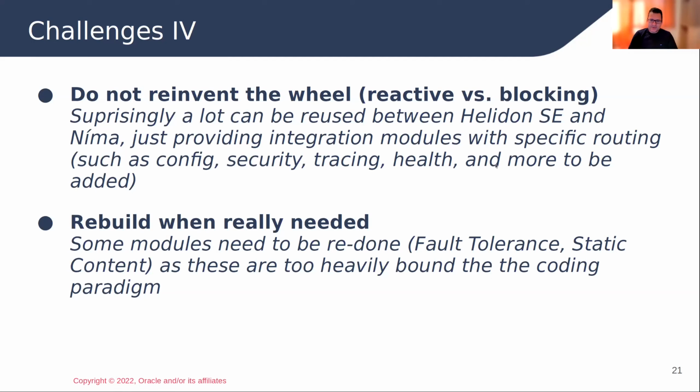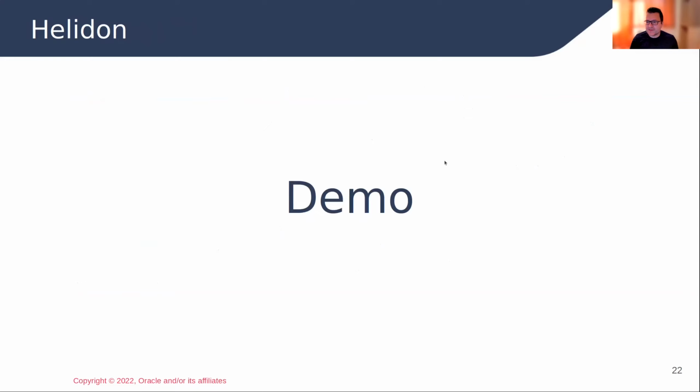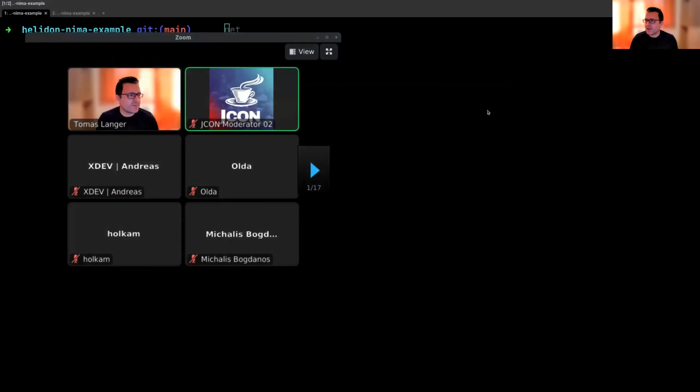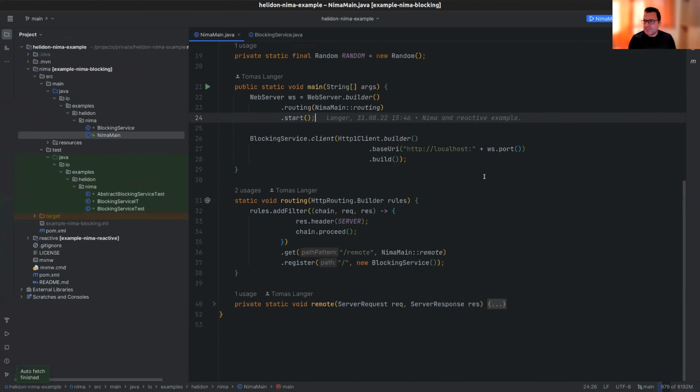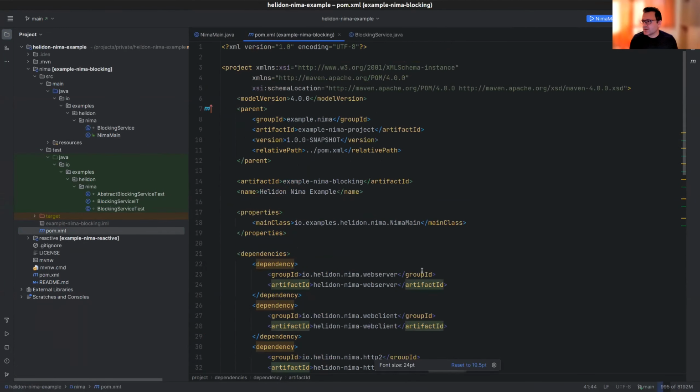Okay, so this was the presentation part. The next step, I want to show a bit of code. So I will exit from the presentation and open my IDE, where I have prepared a NEMA server. So I will first show the POM file. So as you can see,